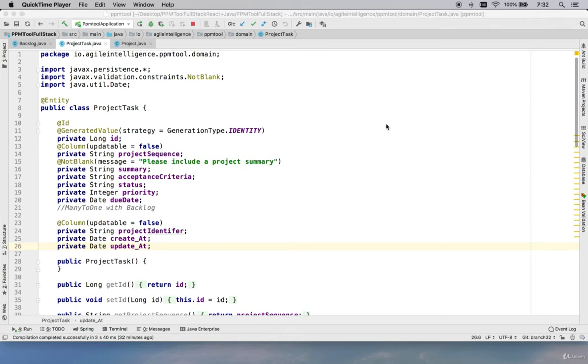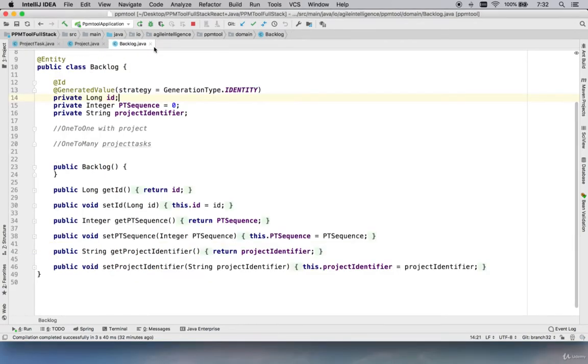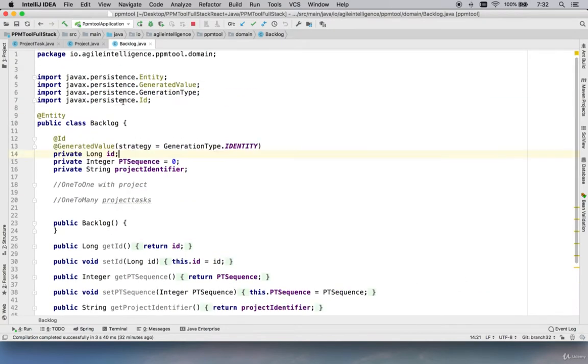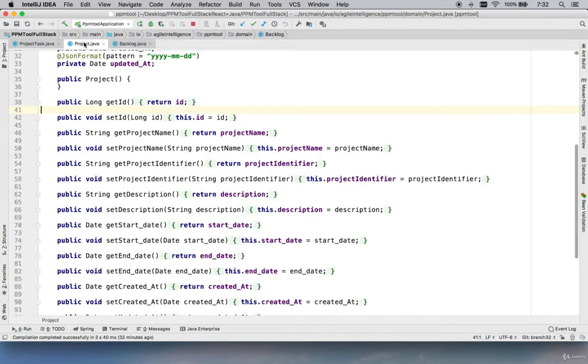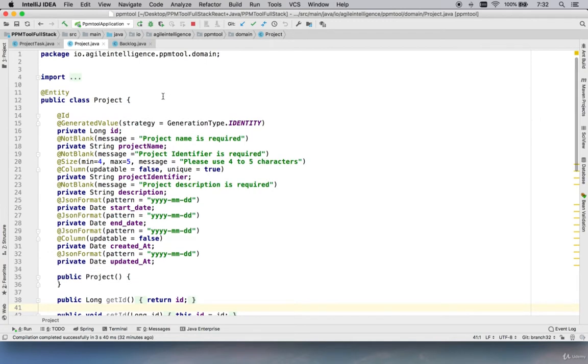Hey everyone, so we're going to continue on with our implementation of the backend for the backlog and project tasks. And the next step that we're going to take is to actually set the relationships between these three objects, okay? So I'm going to start by wiring up the relationship between the project object and also the backlog,